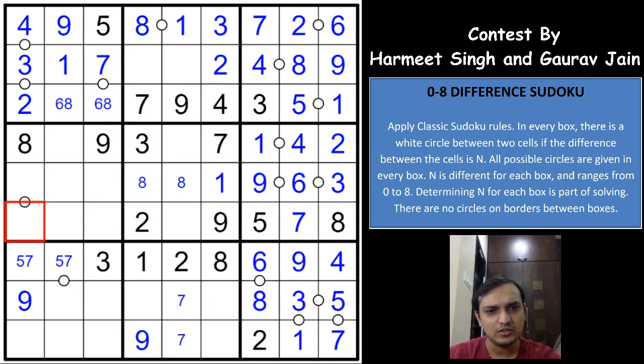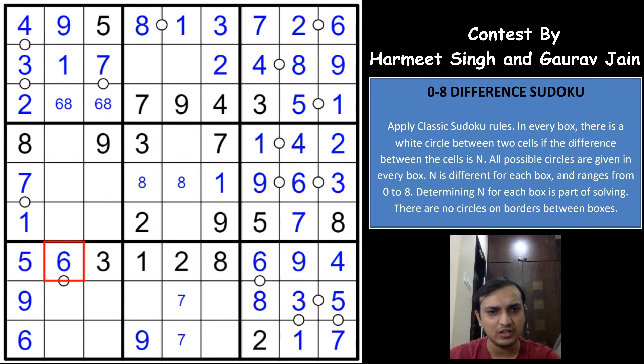And these 4 digits remaining are 5, 7, 1 and 6, right? 1, 5, 6, 7. 1, 7 is already here. 5 also cannot be here, which means this has to be 6, right? 6, 1, 1, okay. 5, 7 and 1. Because of the 1 here, you get a 1 here, and these 2 digits are 5 and 7. And this has to be 7, it cannot be 5, because if it is the 5, it is the difference of 4 which is already taken, right? Which means this has to be 7 and this has to be 5.